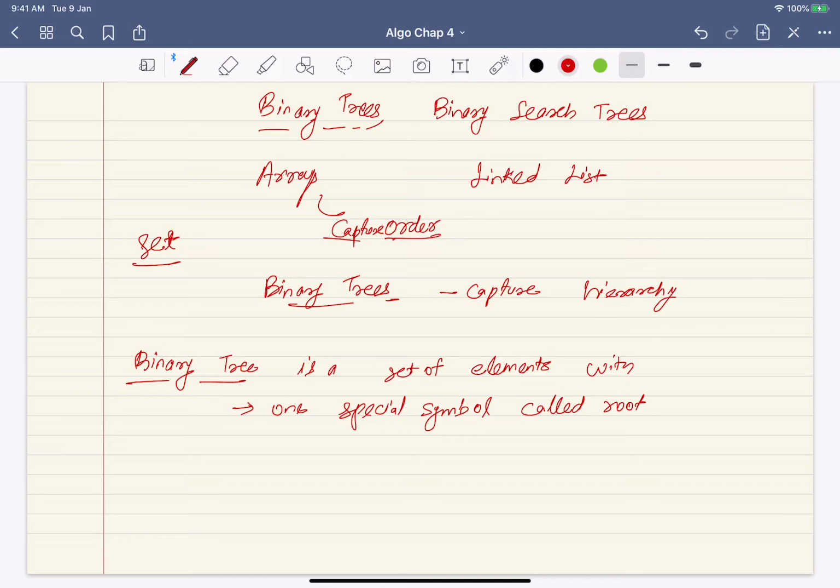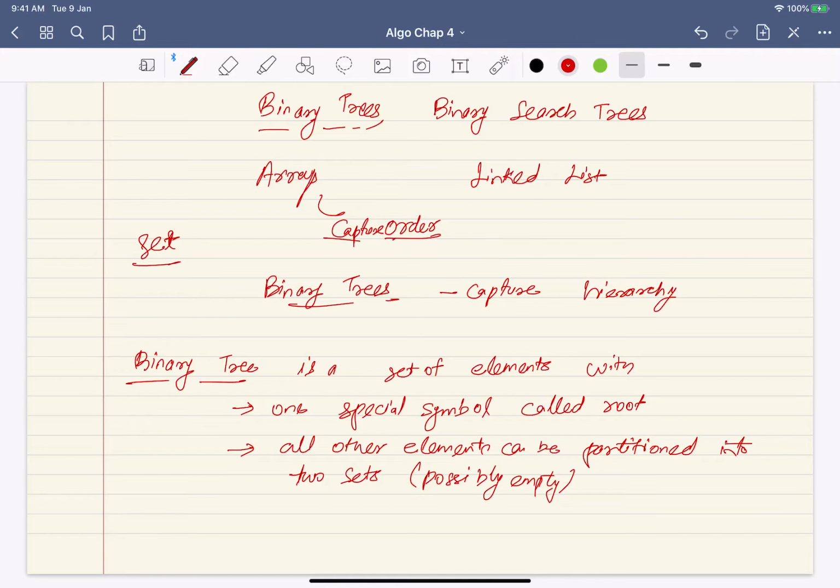So there has to be a root, and all other elements can be partitioned into two sets, which can be possibly empty.